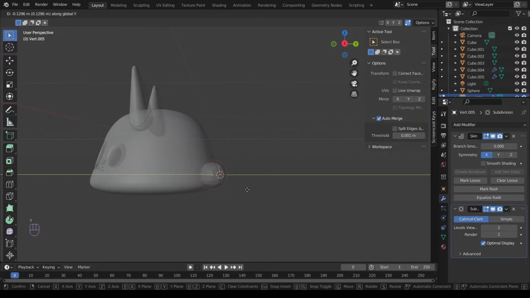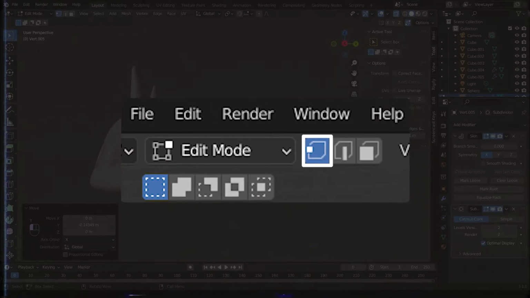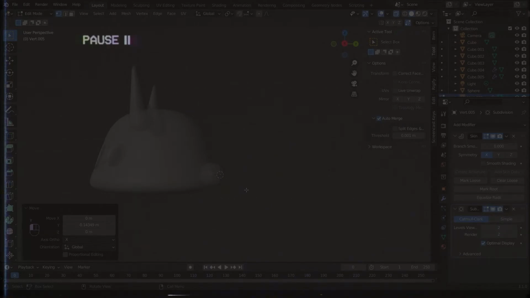Tab into edit mode and here are some quick tips on single verts. The first thing you need to know about single verts is that it's a vert. So in order to edit it and create shapes with it, you need to be in vertex select mode. And the second thing is that they kind of work like paths, so you generally need to extend them by extruding them, and the shape kind of builds around them. Think about it as the bone inside the skin, since it literally needs a skin modifier.